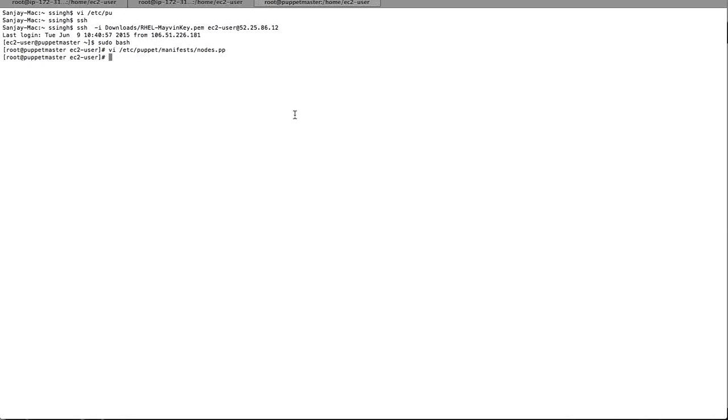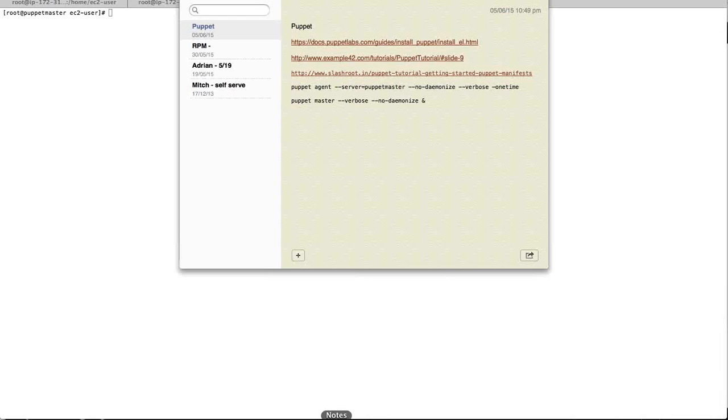So the screen that you see with white background is my Puppet master host, and the screen with green background is Puppet client, just to differentiate. Now let me go to Puppet master, and I'll show you the config that I have done. But before that, let me maybe share